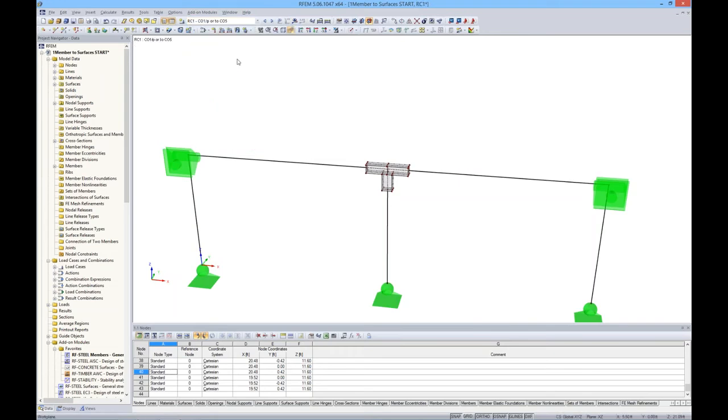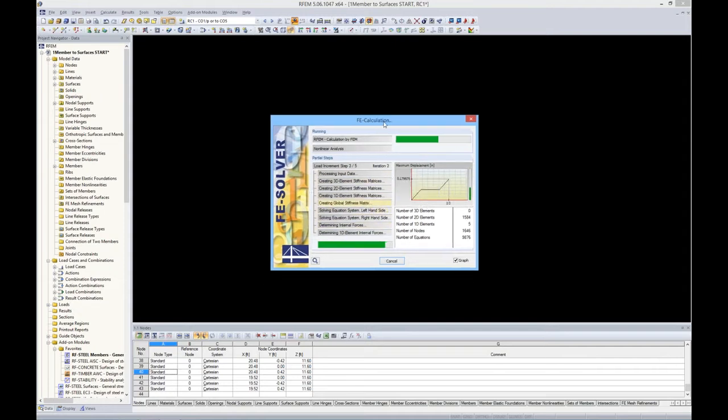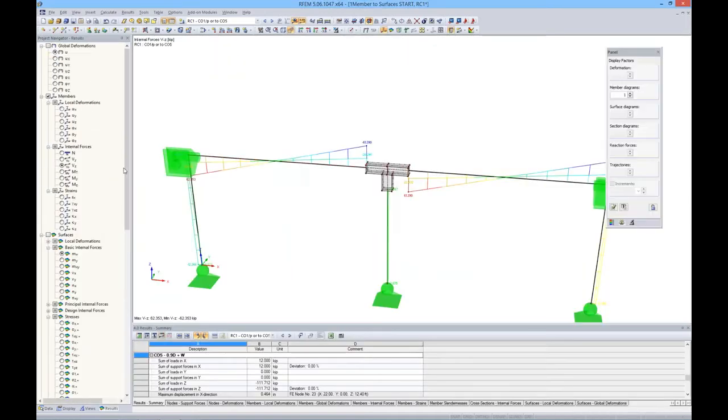I want to go to my result combination again, and it's asking if the results are not found. And up pops our dialog box. This will take slightly longer than, of course, our 1D elements because we now have the 2D surface elements. And you'll notice here that it's just simply going through each iteration as the load increment increases as well. So instead of the members, which you'll notice that the member diagram stops short of those surface elements, which is fine. I'm going to go ahead and turn that off,